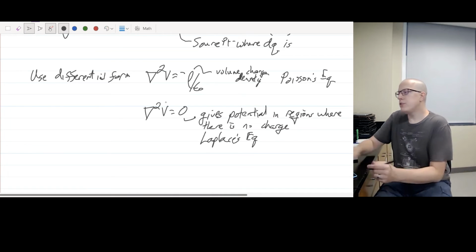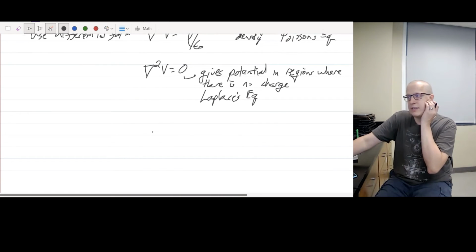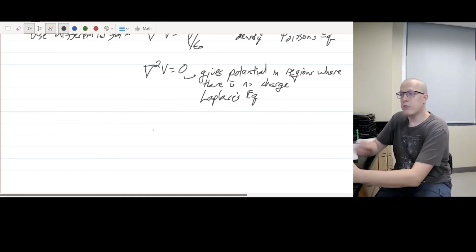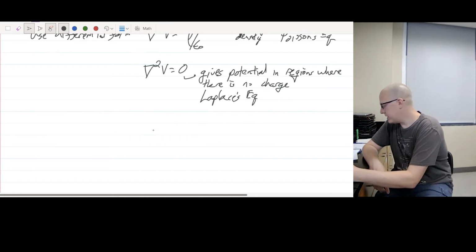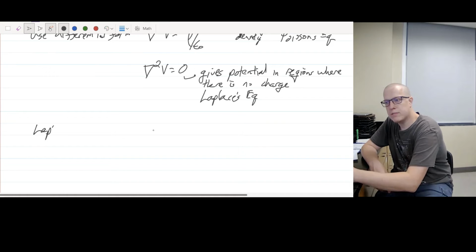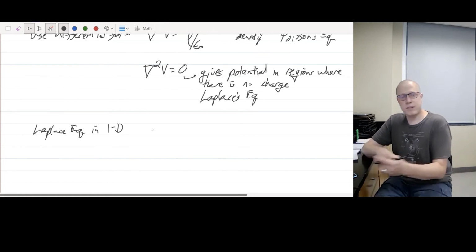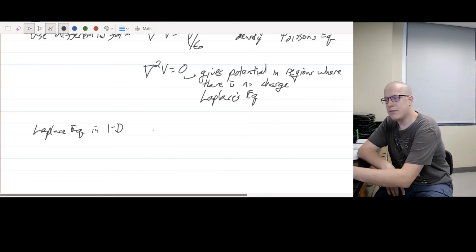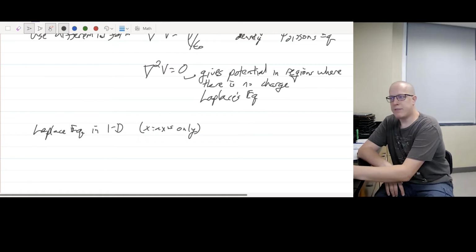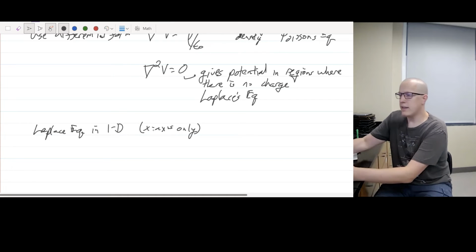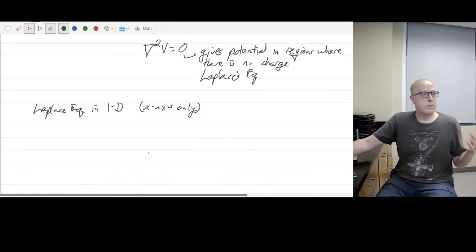Right? So let's just look at this differential form and see, at least in one situation, it should be incredibly easy to work out. So let's look at the Laplace equation in one dimension. If I have a one-dimensional situation, that means I have the x-axis only. And so instead of having this del squared here, it's just a one-dimensional thing, so it just becomes